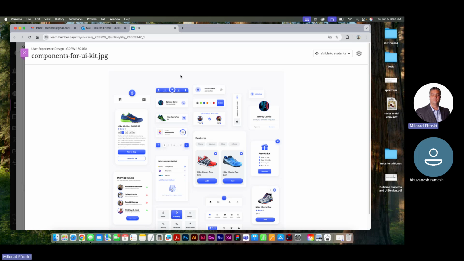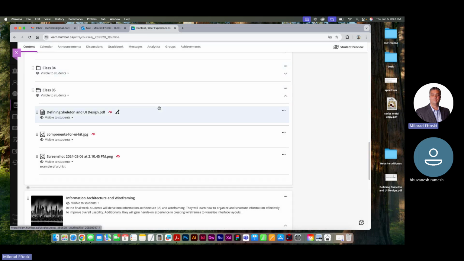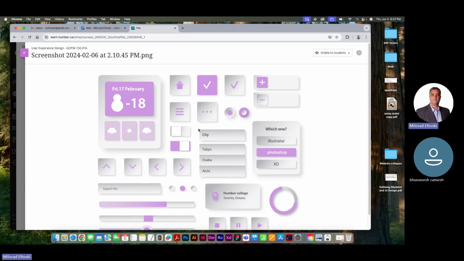So the UI kit is a major component and a necessary item to have not only in your portfolio, but in your delivery for any project. Here's a more simple one that you're going to produce. This is your next assignment, by the way. You're going to make something like that. This was a student, I think, that did it before. But you're going to make your own. So your own color scheme,